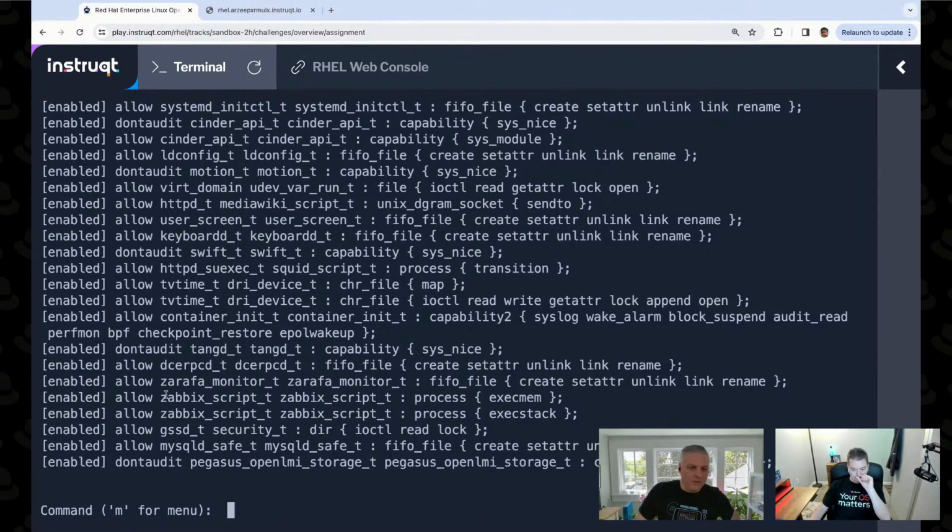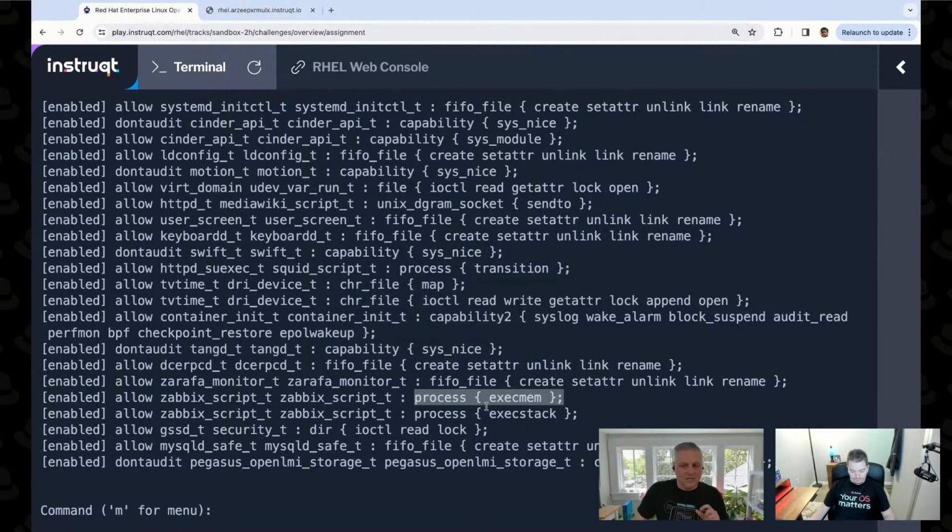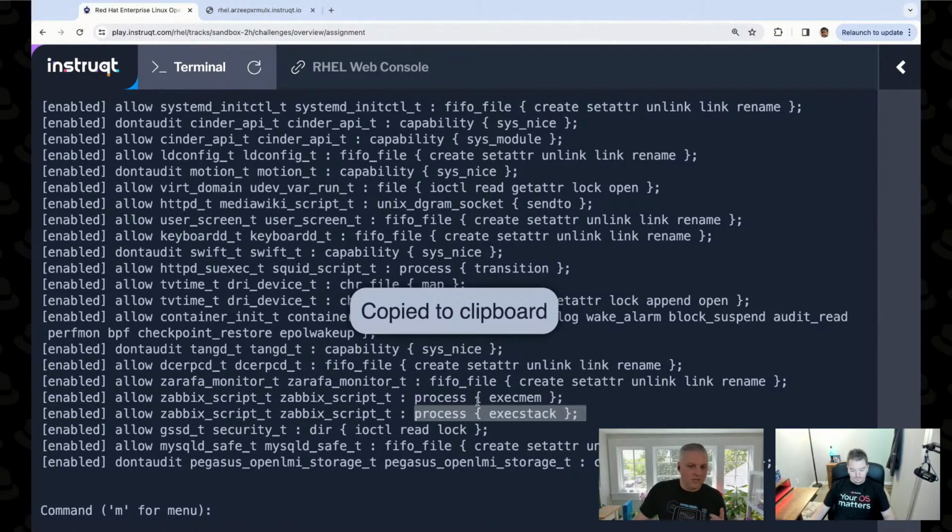What we get is an allow or deny, the context of the process, and then over here, what is being limited. So this is a process limitation for executing memory, or for executing stack memory,